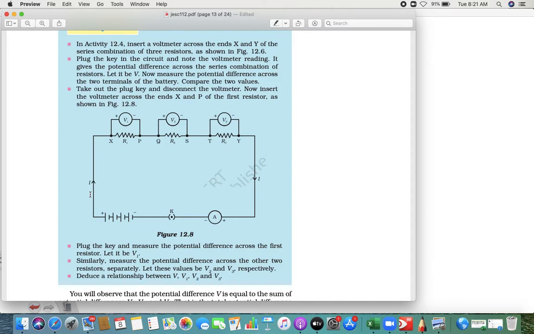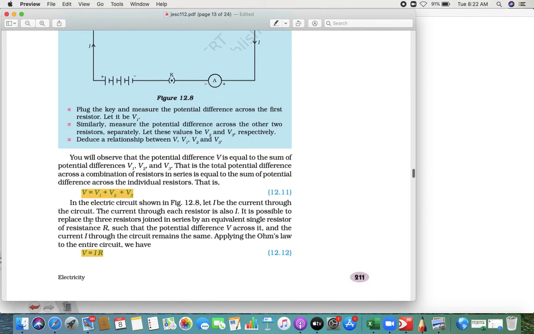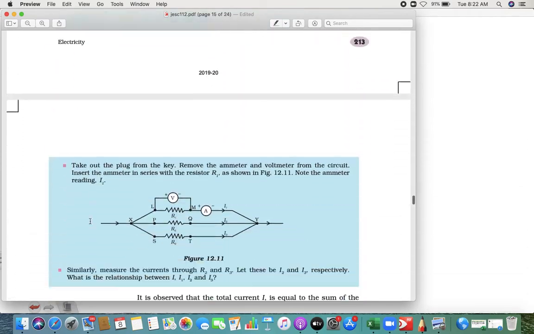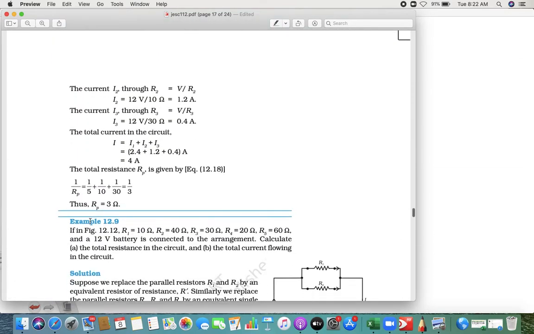So when you see that energy loss, if you put a series connection at our home, you have a lot of energy loss, right? So that is not good, because we have to pay for it. So in series connection, the equivalent resistance is more, so the energy loss will be more, while in parallel connection the equivalent resistance is less, so the energy loss is also less. Okay, so that is what we call the demerits of series.